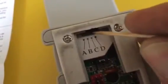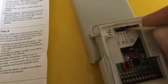There's 6 different combinations for this one, and you just stick your little toothpick in right here and you push this in this way. Mine's actually D on this one, so see, it doesn't go any farther. It's D. So okay, like I said, mine has the green learn button. So that's 2 combinations right there, C or D. So then right here it says, okay,